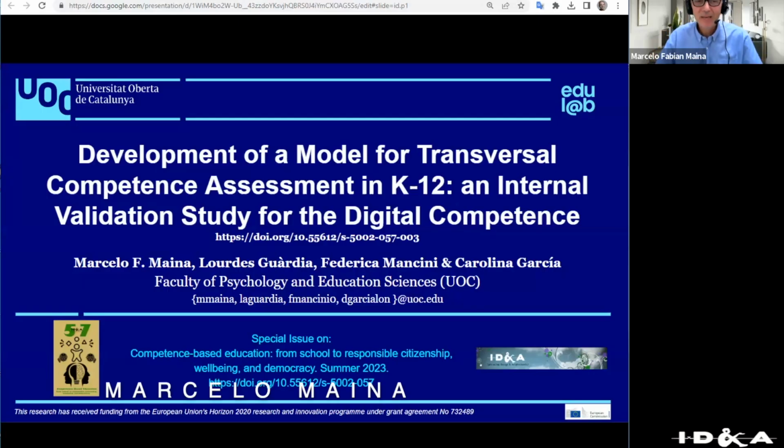I will introduce part of a bigger picture of research that focuses in this article on the internal validation of a model for transversal competence assessment in K-12, that we certainly prove using digital competence as a case for the test of this model. I did this research together with some colleagues from the Faculty of Psychology and Education at the Open University of Catalonia, and